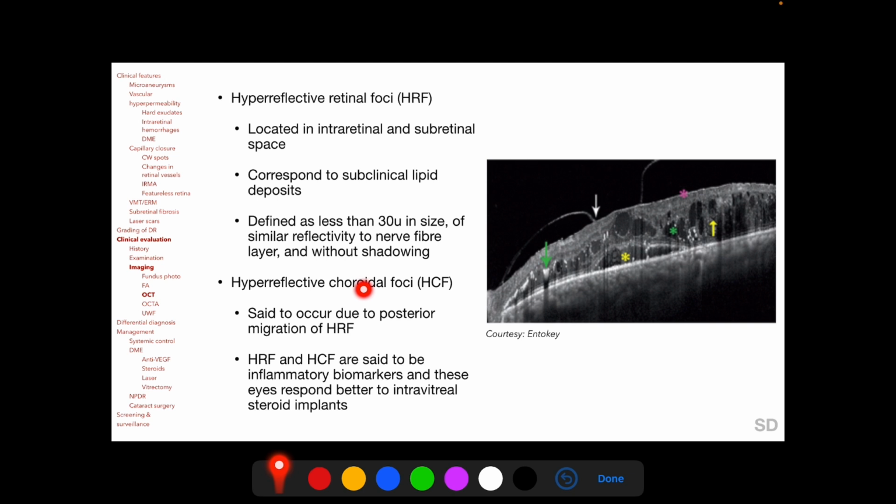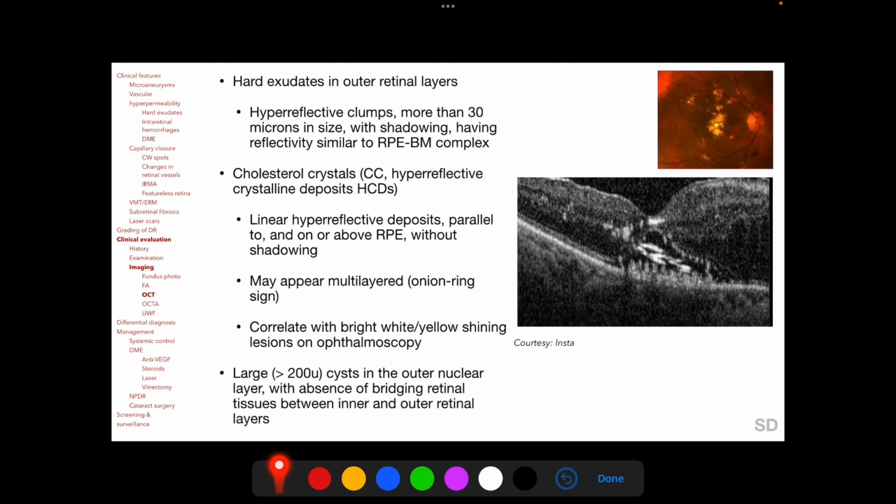Hyperreflective choroidal foci are similar lesions occurring posterior to the RPE-Bruch's membrane complex, and these hyperreflective retinal and hyperreflective choroidal foci are said to be inflammatory biomarkers, and eyes with these lesions have been found to respond better to intravitreal steroid implants. Other poor prognostic biomarkers on OCT include hard exudates in outer retinal layers, whose OCT description we have discussed earlier,